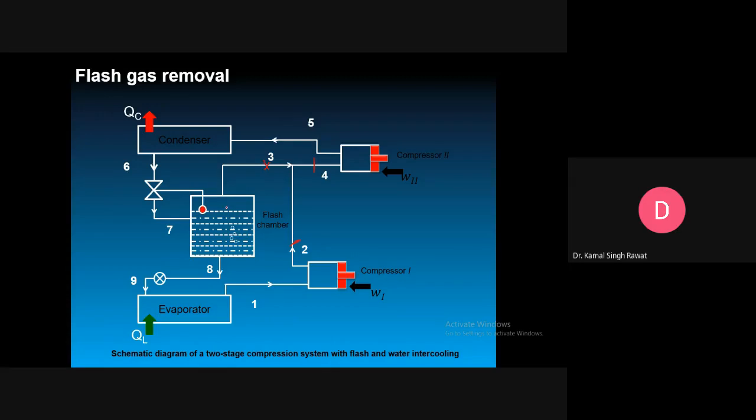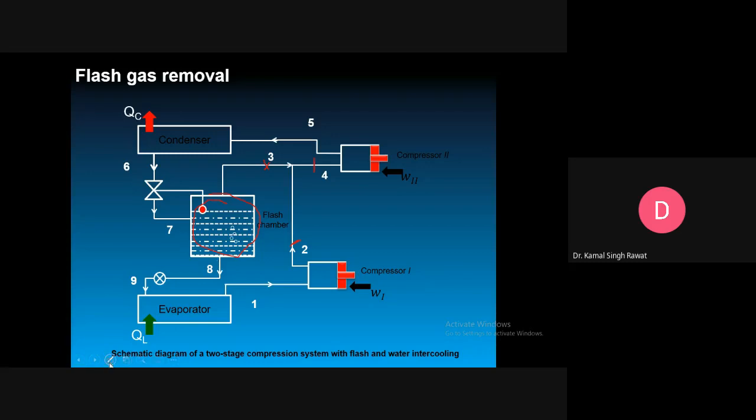So one point you should remember, in this flash chamber or flash tank, there is the separation of liquid and vapor. तो यहाँ पर क्या हो रहा है, जो जो टैंक है यहाँ पर क्या हो रहा है, लिक्विड और वेपर का सेपरेशन हो रहा है. ओके, सो यहाँ पर लिक्विड और वेपर का सेपरेशन हो रहा है, जिसकी वजह से हमको यहाँ पर सैचुरेटेड लिक्विड हमने सेपरेट कर लिया है और वेपर को हम मिक्स कर रहे हैं सुपर हीटेड वेपर के साथ.